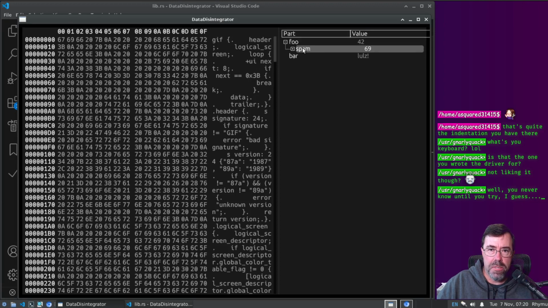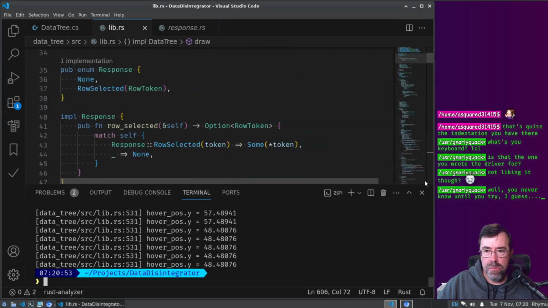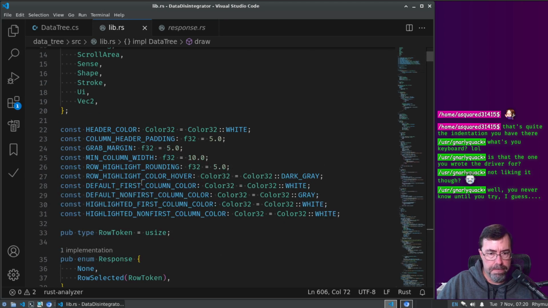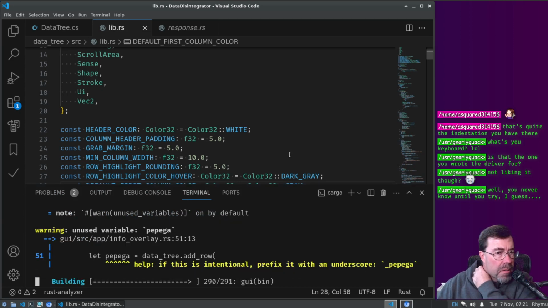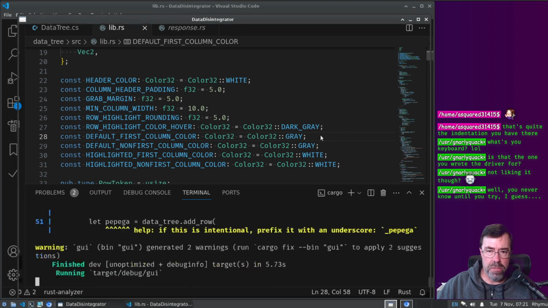Maybe white is not the best because it's the same color as the controls to the left of it. Highlighted though, I think it should be white. So that means that we're just tweaking these colors now, right? So maybe this should be gray for now. So at least I have control over what different colors for first and non-first, even if they are the same